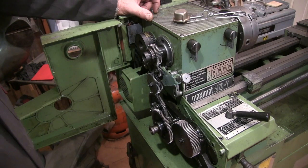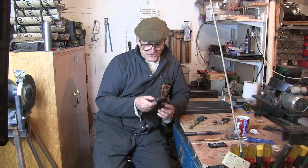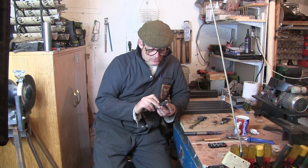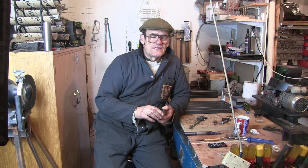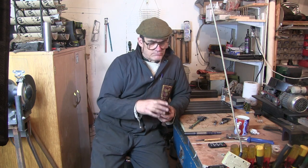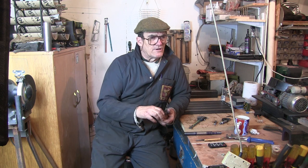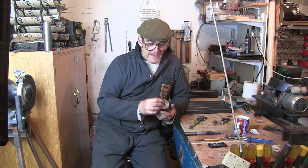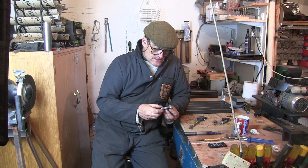It should be a 45 tooth gear. Now this is the gear in question. I don't know if it's obviously original or not, but it's a 55 tooth gear. Now I was watching Stephen Gottswinter make a couple of phenolic gears for his lathe before I'd realised I had this problem. So I happen to know that they are a module 1, the teeth on these,